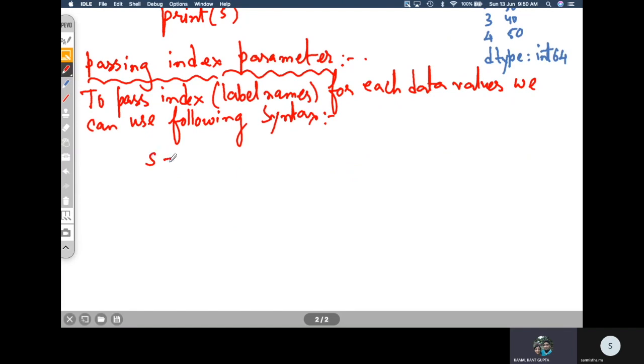S is equal to pd.Series, provided that we have imported pandas as pd, right?